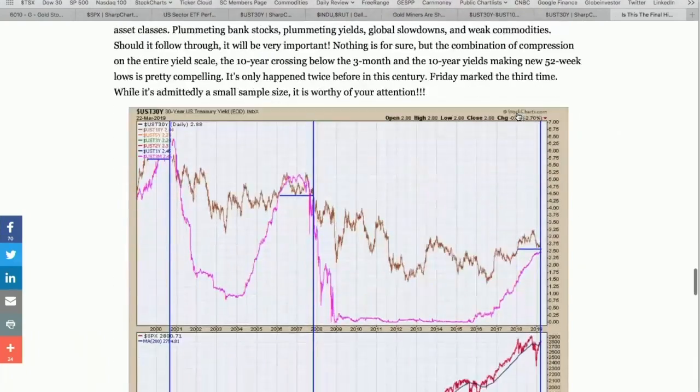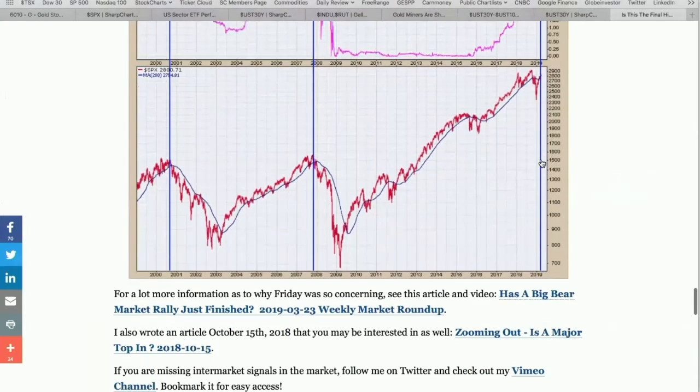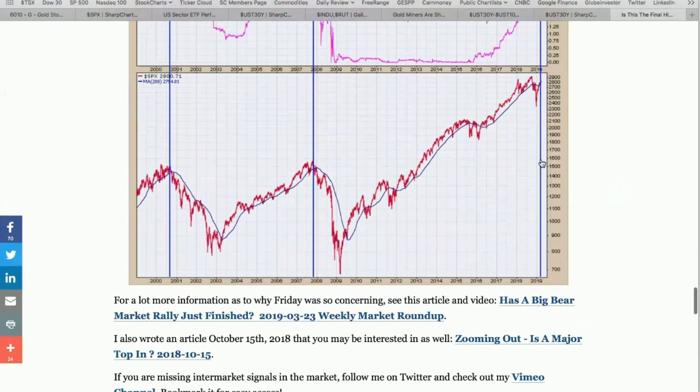So anyway, when we place this all together, what we see is these new 52-week lows in the 10-year marked big reversals, and we'll find out if it's going to mark a big reversal. Anyway, with all of that, I can't help but say that this concerns me that we're starting to build a major top. And then back on October 15th, I wrote this article on zooming out, which is about 2